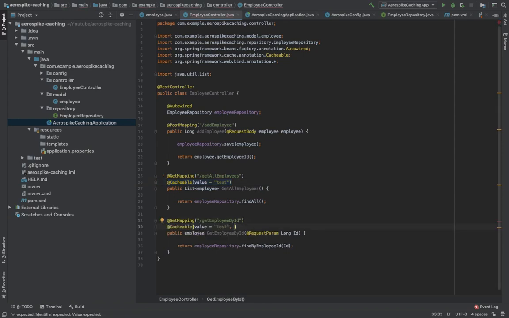So here you have to add a key apart from your namespace. The key will obviously be the parameter. Now one more thing we have to do is enable caching in the main application file.